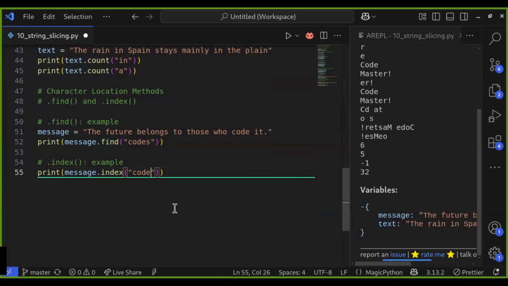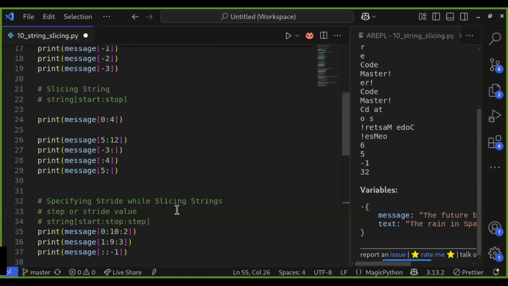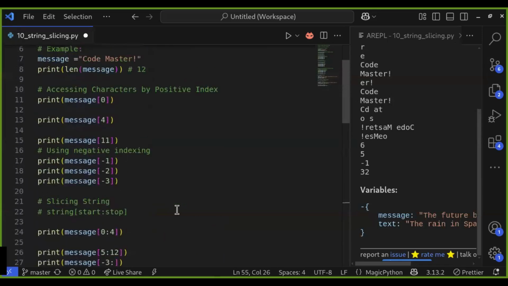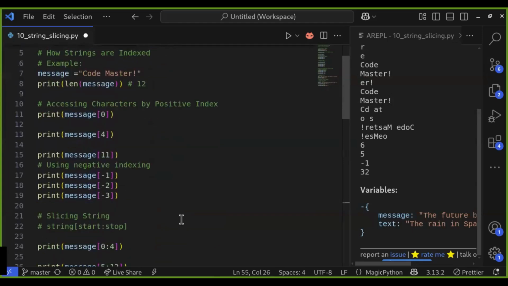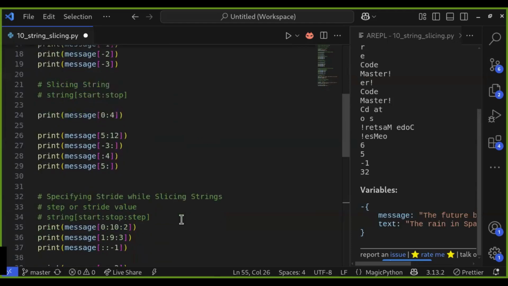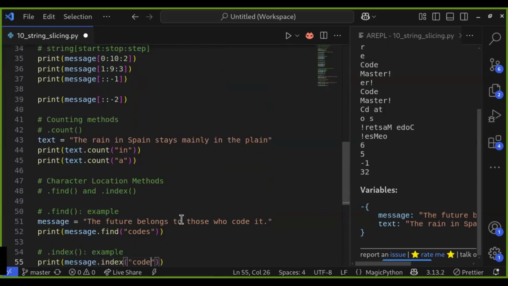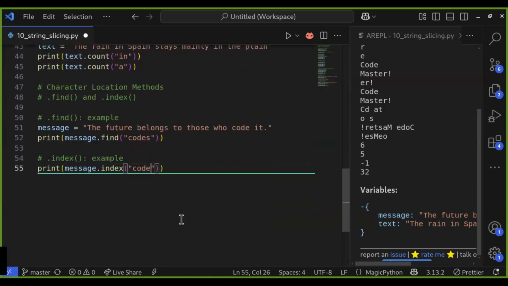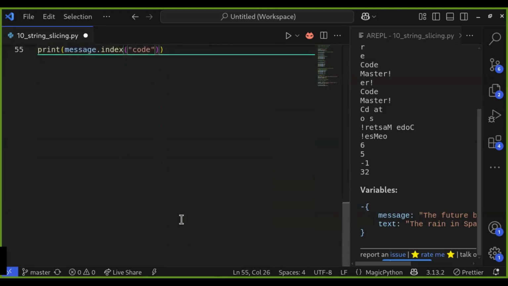In conclusion, string indexing and slicing give you precise control over text in Python. Since strings are sequences, you can access characters by position or extract ranges with slices. Whether retrieving a single character, skipping steps, or reversing the text, these techniques help you write more flexible and efficient code. Understanding them strengthens your skills not just with strings, but with all sequence-based types in Python.